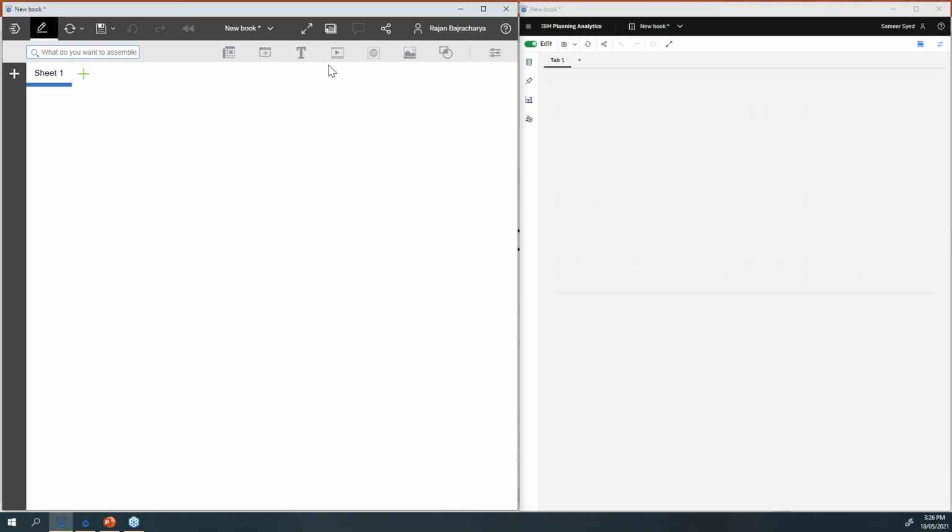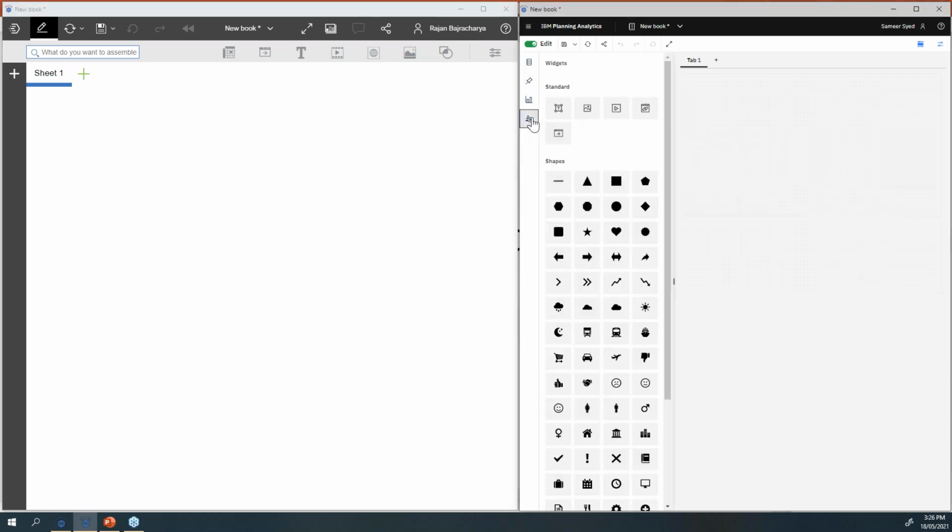Okay. Now, what about these features? We have about 5-6 icons on the top, basically your action button, your images, your text box. All these 5 have been added under the widgets button. When I click on this, as you can see, we have 1, 2, 3, 4, 5.